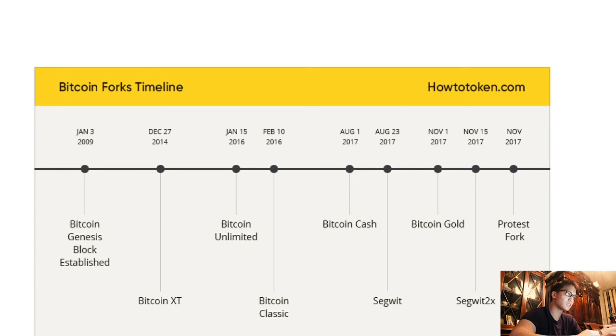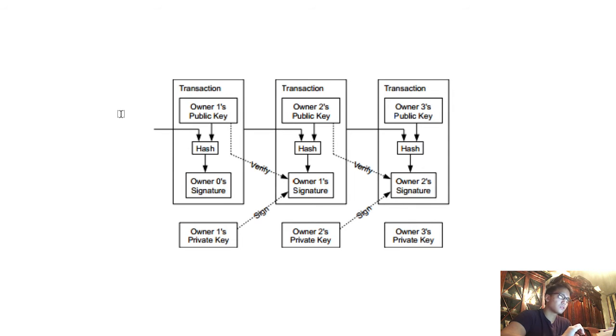I think the first one that is most important to understand is segWit and segWit 2x. So segWit stands for segregated witness, and very simply it reduces the size of each Bitcoin transaction. Since each Bitcoin transaction contains a public key, a hash, and the owner's signature, what segWit does is it removes the signature from the transaction and stores it in another data structure. So with this change, the size of each individual block does not increase, and instead, each Bitcoin transaction that is stored in the block is smaller, enabling the block to hold more transactions.